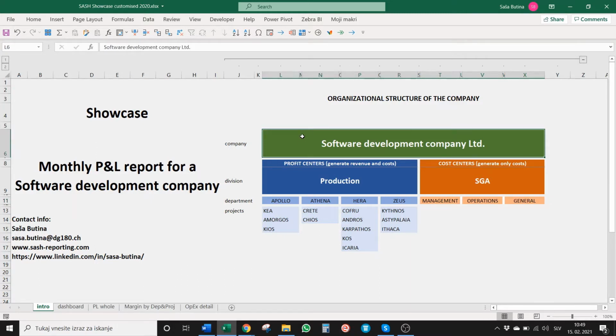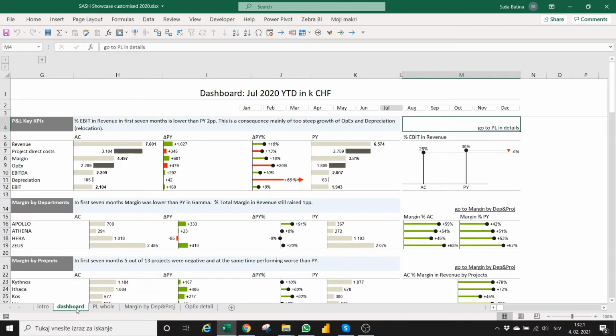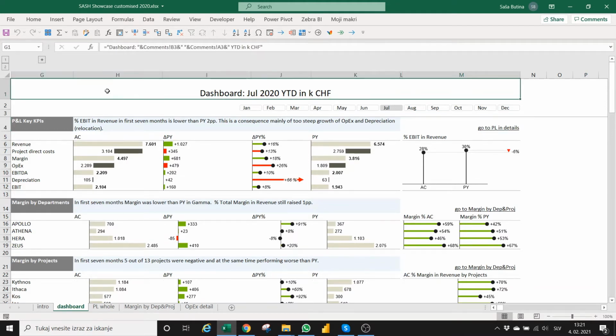So now let's dive into the report, where we will focus mainly on the performance of the company as a whole and of these blue departments and projects, profit centers. Here on the first page we have a dashboard showing us key info about the performance. Here in the title we can see that the data currently shown are for July 2020 year to date and